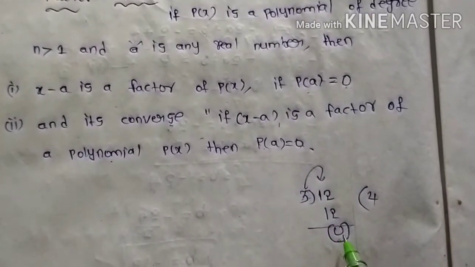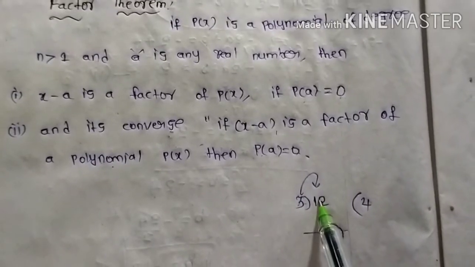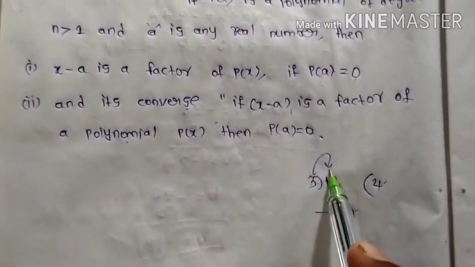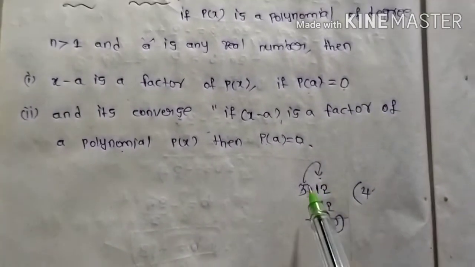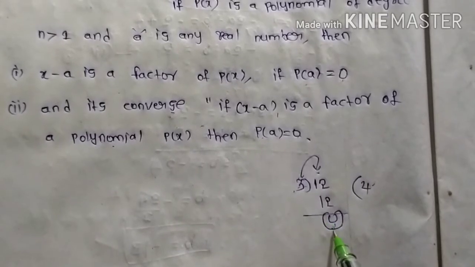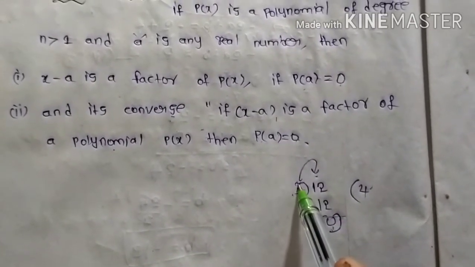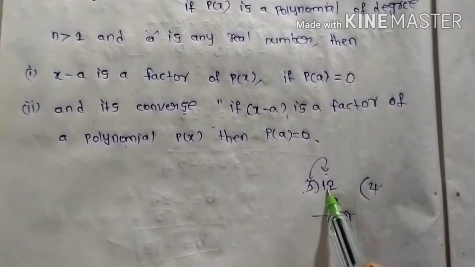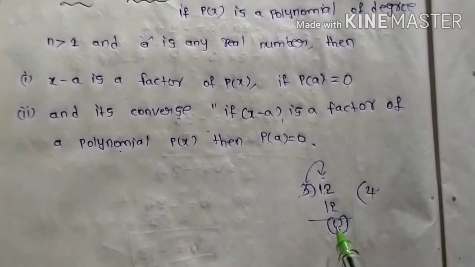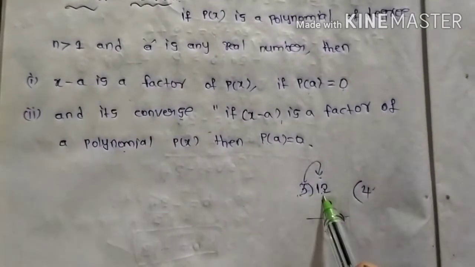If you are getting remainder equal to 0, you can say 3 is a factor of 12 and also 4 is a factor of 12. Yes or no? Yes. In a similar way, whenever we divide by any number and get remainder equal to 0, we can say that number is a factor. You can just remember, if 3 is a factor of 12, you will get remainder 0. If we are getting remainder 0, the given numbers will be factors of the given number.